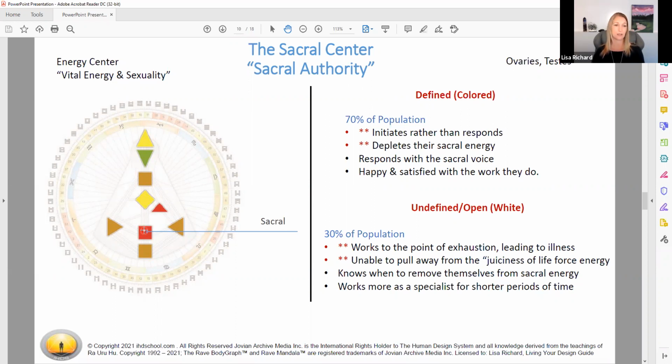So it's important to know that there is nothing wrong with you. Your energy type is different. It just doesn't have that constant fuel that everybody else has. So it's really essential for you to allow yourself time to recover, to fill yourself up with your own energy, and to get out of the other sacral energies. So that's sacral energies to us that don't have that defined.